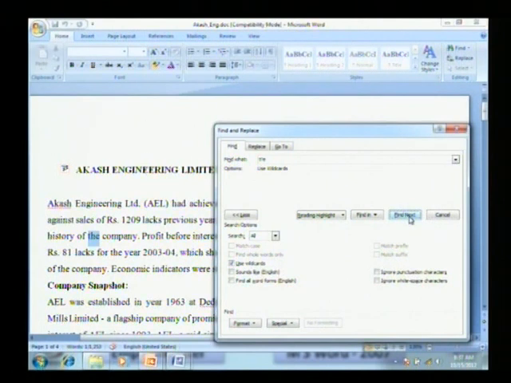Next, you may see what the meaning of the single question mark is. Suppose we don't know the single character between two characters in a particular word, then we may use the single question mark. So if it is T, question mark, E, it will display all the possibilities between T and E. But sometimes we don't know the multiple characters between two particular characters, then we have to use the star in that case. Example.